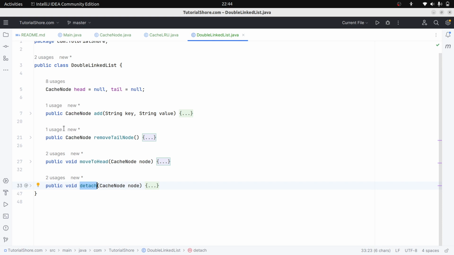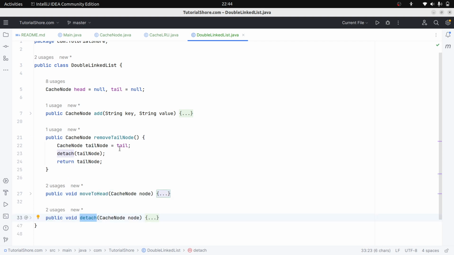First, let us look at the remove tail node. Yeah, we need to remove the tail node. First, I am storing the tail in a tail node variable, because this detach will change the tail. This tail variable would be changed by detach. So first we need to store the tail here,